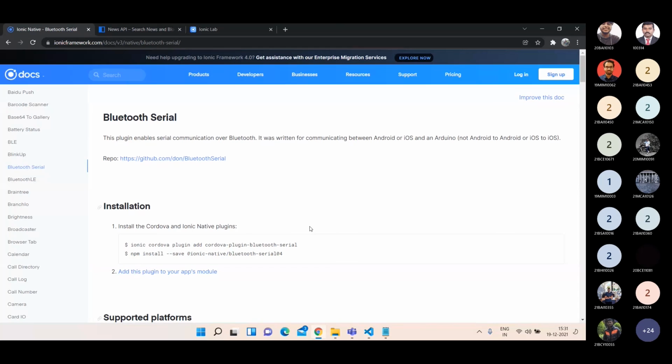Once it is receiving, it will pass the information to the device. So we are into artificial intelligence while making your application, because all these Ionic Native components will be heading towards artificial intelligence.